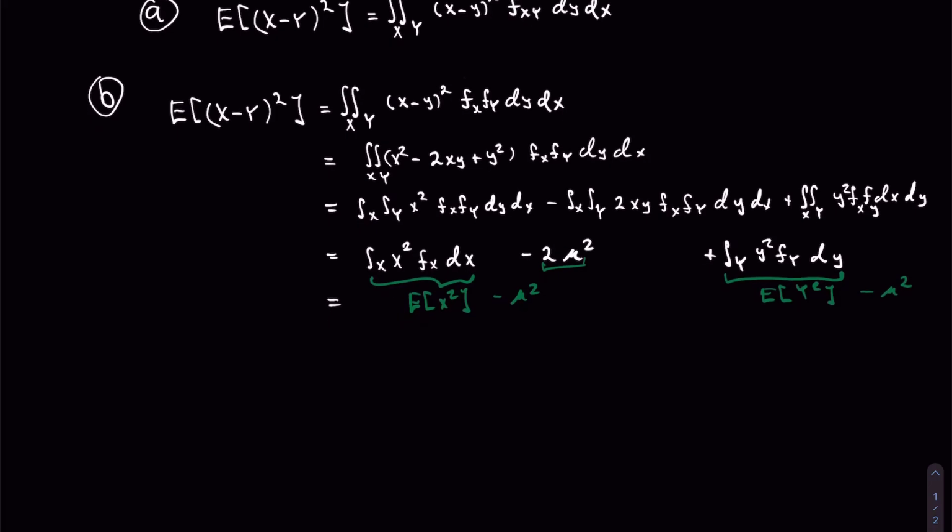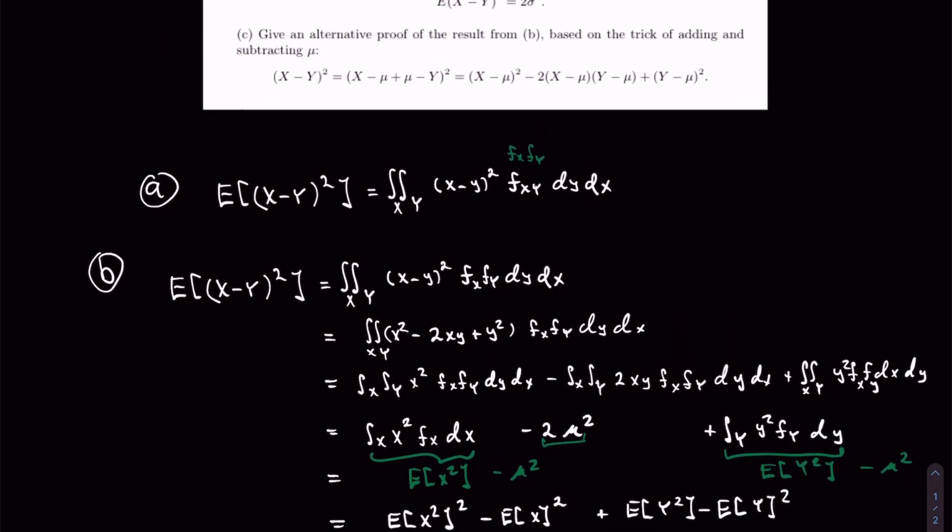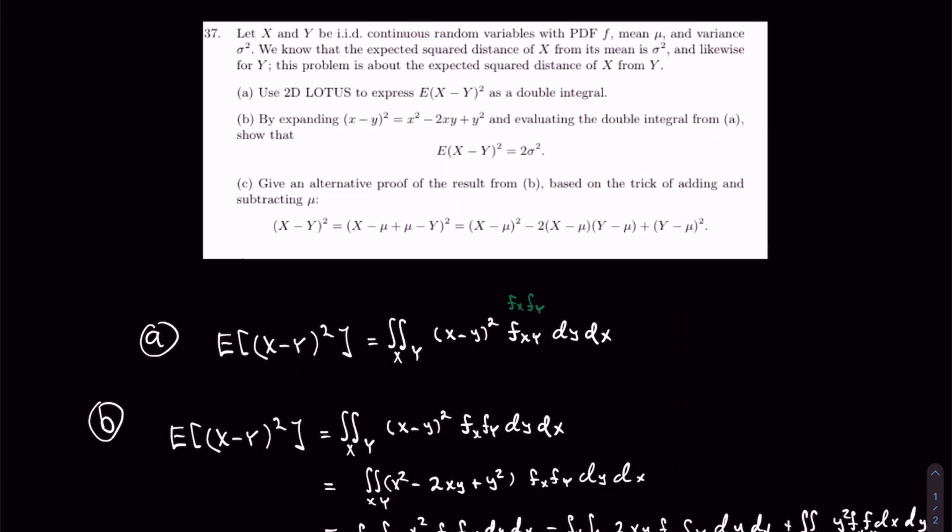And then we know that that mu squared is basically, so I'm just going to write this out, mu squared is the same thing as the expectation of x squared plus the expectation of y squared minus expectation of squared. Okay, and this whole thing came from the fact that both y and x have the same expectation and